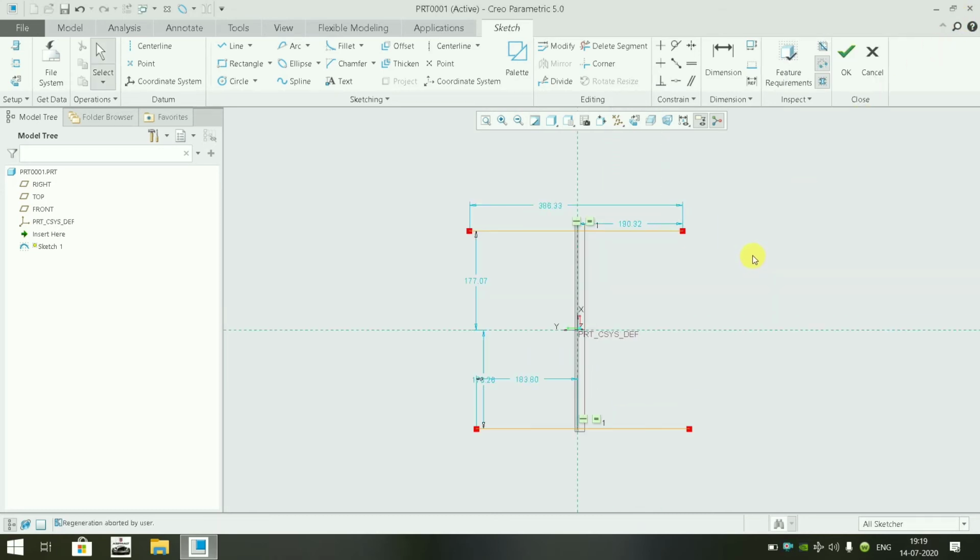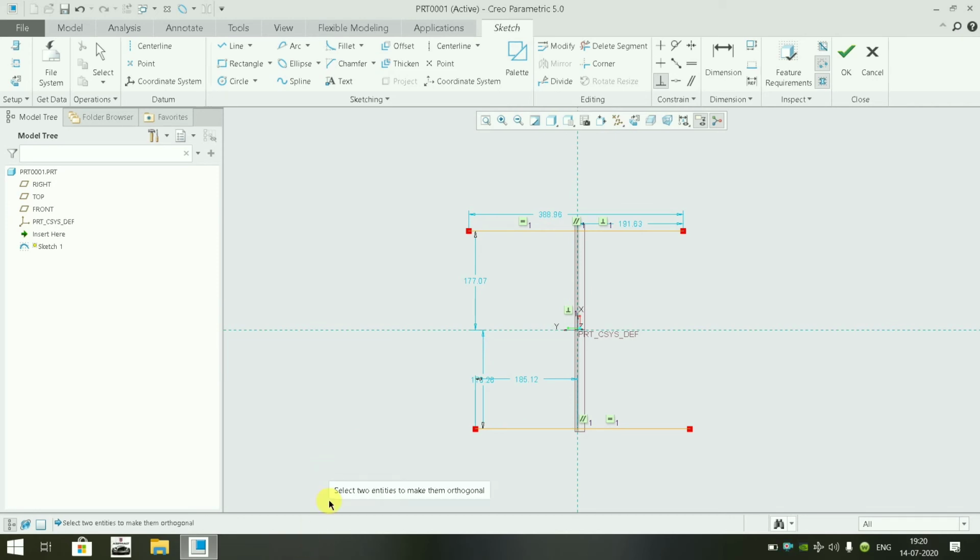The notification was due to the lines already being parallel and perpendicular to it. So if we want to make it perpendicular, we have to undo this again, select the perpendicular option, and do this. See, right now they are perpendicular.